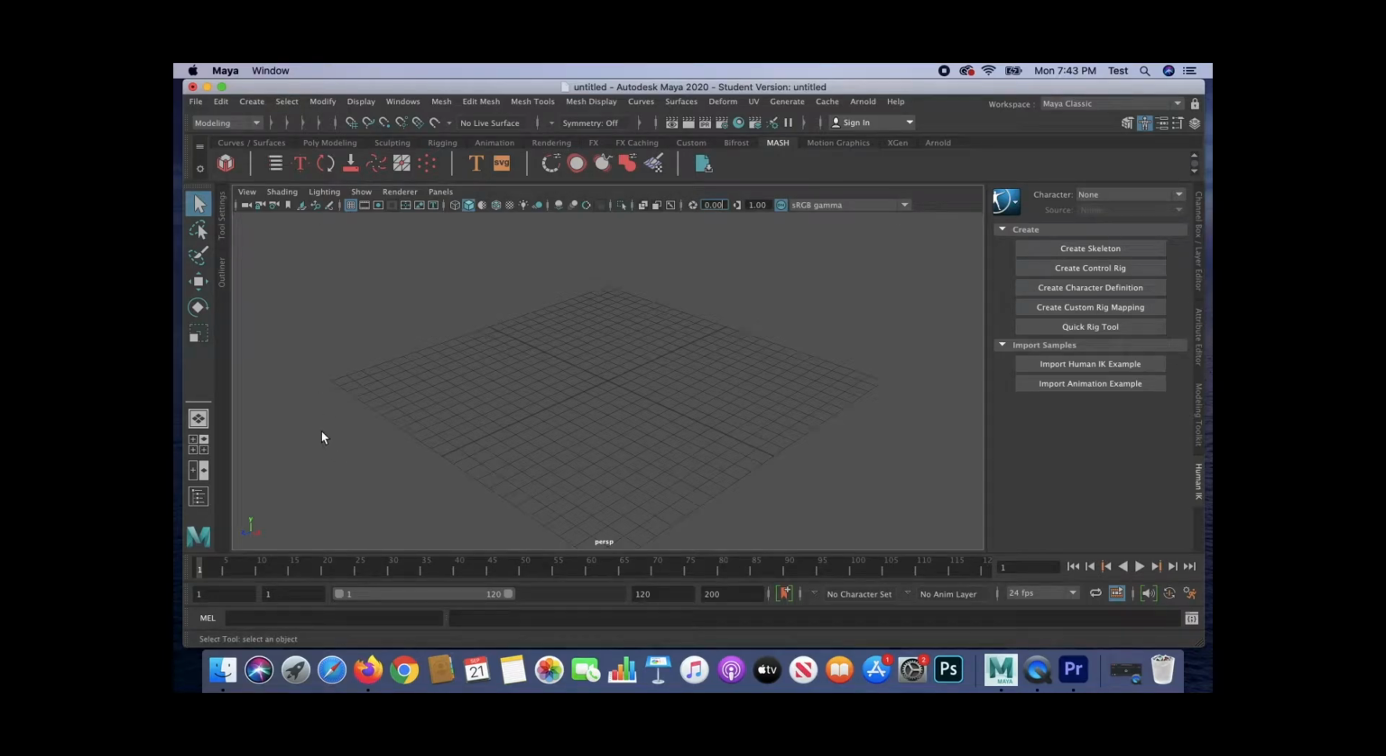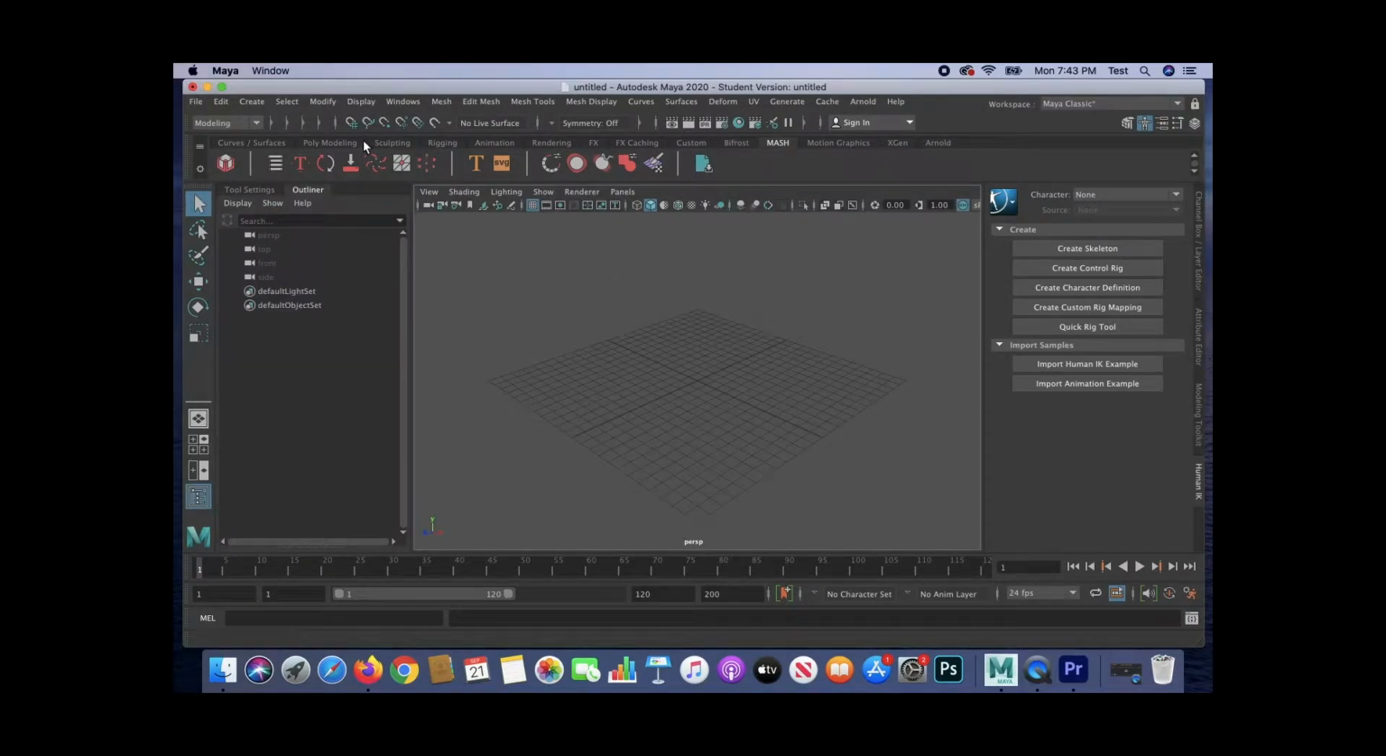This week, we're going to be diving into our Maya Mash tools. Mash networks are ways that we can manipulate our models and then procedurally animate them. So I have my Mash tab here on my shelf, and this is where I can access some of my Mash tools. The first thing that we need is some kind of model to be creating